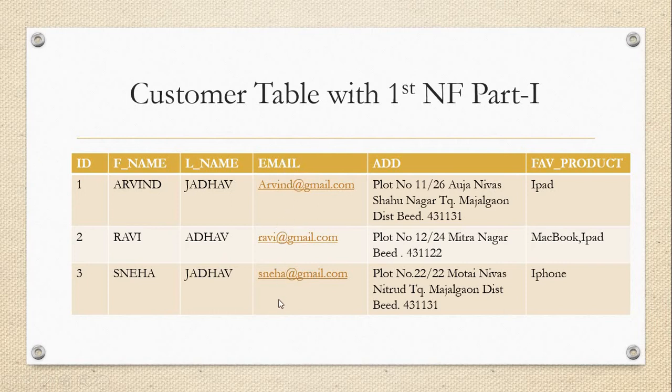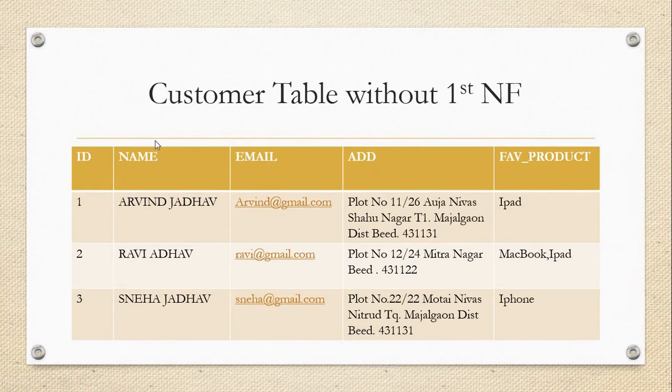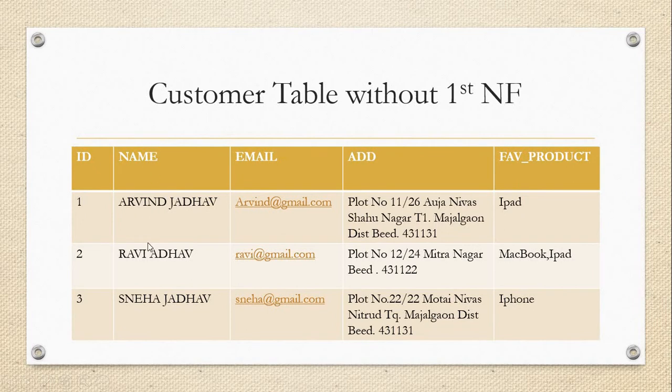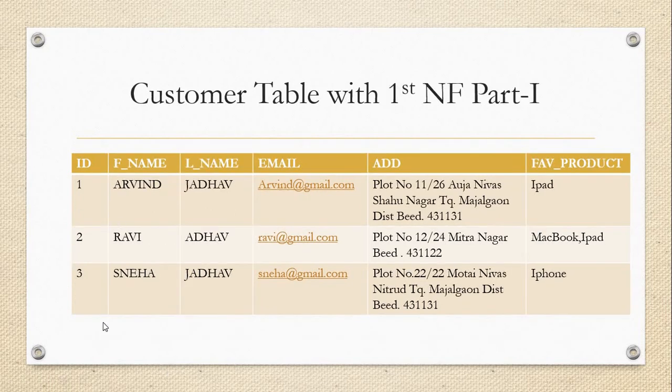Okay, we're trying to solve the problem from left to right. First we got the problem in the name attribute. We resolved that problem by separating the first name and the last name, so here I removed the confusion between first name and last name. Here is the email, and we don't have any problem because all the values are unique and atomic. Make a note of that.